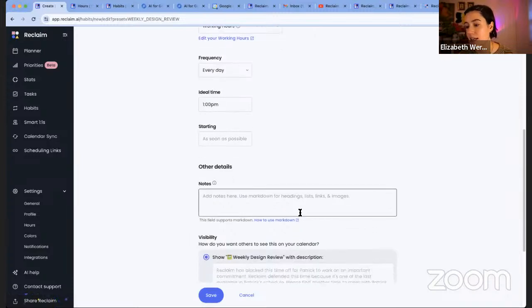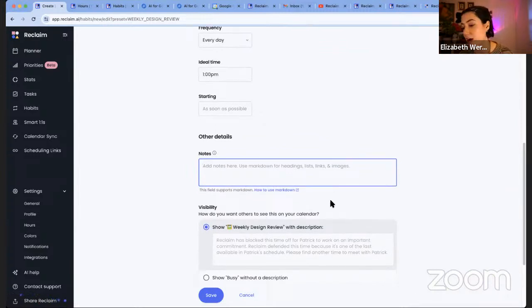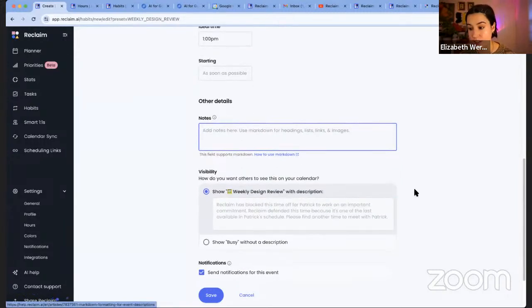the calendar for it. For habits, you have this notes field, which is really helpful if you have, say, a report that you wanted to fill out or a drive that you wanted to link to. This will add your note to the actual event on your calendar, so you don't have to go looking for things when that event comes up. This does support Markdown, so you can add things like headings and lists and images to your event notes as